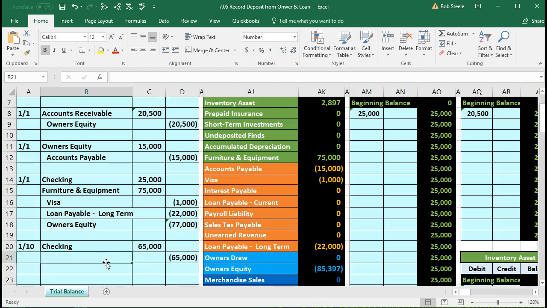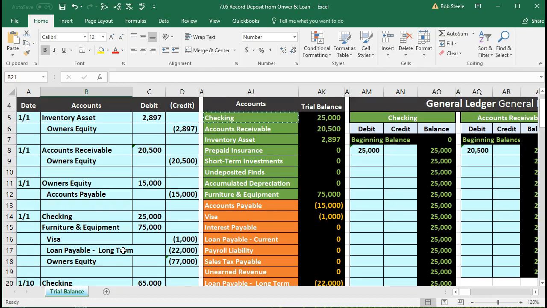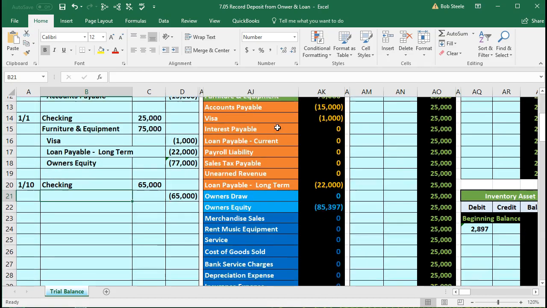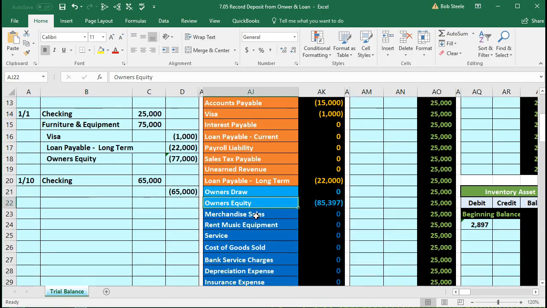What will the other side be? Well, who put the money in? The owner put the money in. We didn't get that money from customers, in which case it might be revenue or decreasing accounts receivable. But we, the owner, put it in, and therefore we're going to credit the